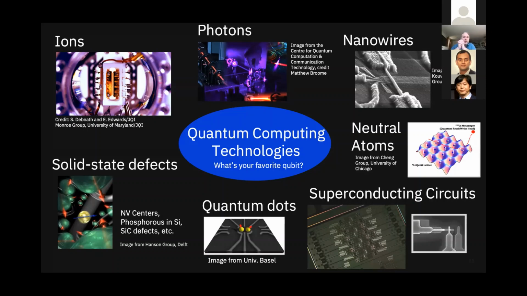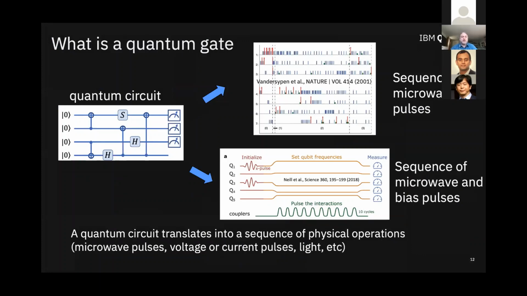First of all, there's the part of what is the underlying hardware, the physical system that I'm going to use to make my qubits. And the second is, how do I do the control of those qubits to implement the quantum circuit that I'm interested in? I think there are going to be a couple of talks later on the details of how you optimize these quantum circuits. But it is important to realize that ultimately this circuit turns into this set of microwave pulses, light pulses, anything that's going to operate on these physical devices. And that's why we call these universal gate-based quantum computers, because by choosing different sequences of these pulses, you can get it to do any quantum circuit that you would like to do.